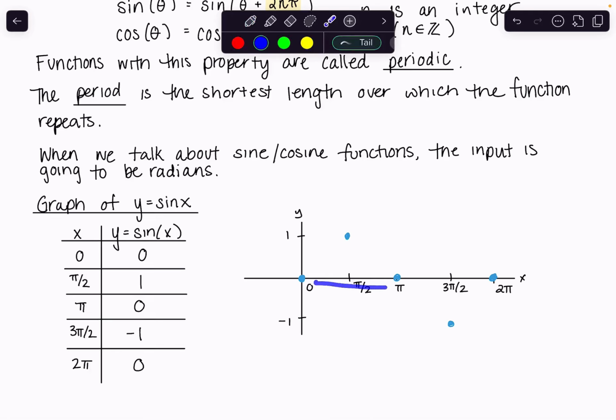These angles from 0 to pi are the top half of the unit circle, so your sine function is positive. If you think about 0 to pi over 2, that's quadrant 1. So what happens is your y value starts at 0 and gets bigger and bigger. Then from 90 to 180, the y value gets smaller and smaller and goes to 0. So our graph follows that circular motion where it increases and then comes back down till